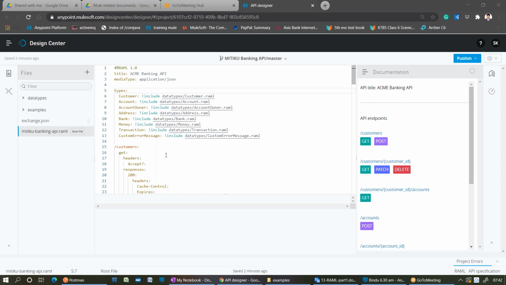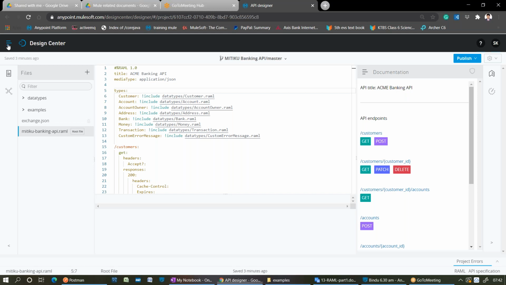So we cannot publish these data types and examples directly to the exchange. So we will wrap up these data types and examples into one YAML file. That is nothing but a fragment. A fragment is nothing but reusable assets. So are these reusable assets or not? Data types and examples. Yes or no? Yes, right? Now I want to create a fragment. Under that fragment, I want to create these data types and examples. Then that fragment I'm going to publish onto the exchange. You know how to create a data types and examples folder, specific YAML type and all.